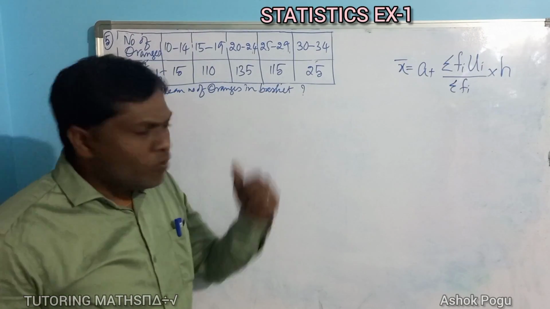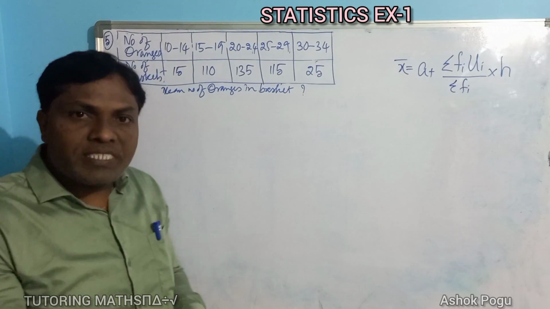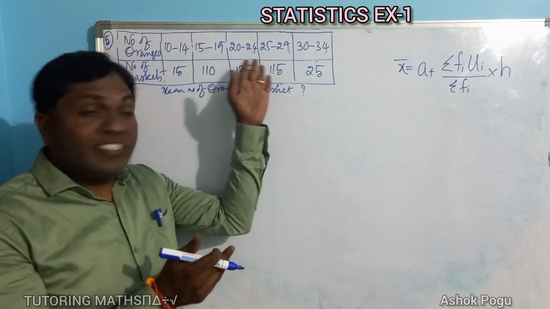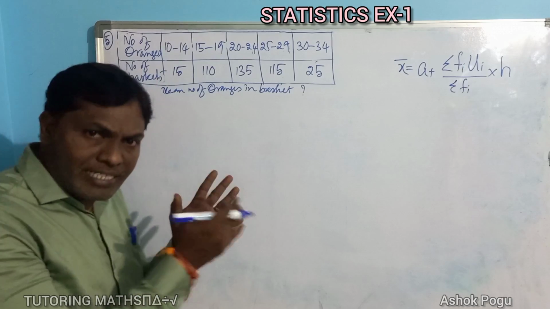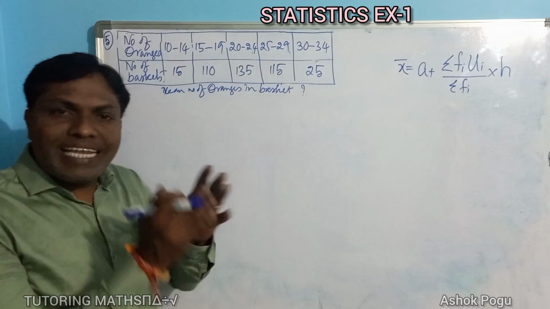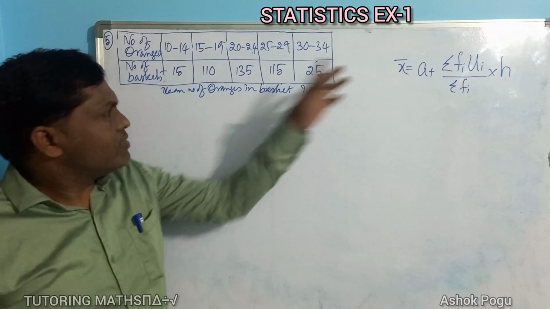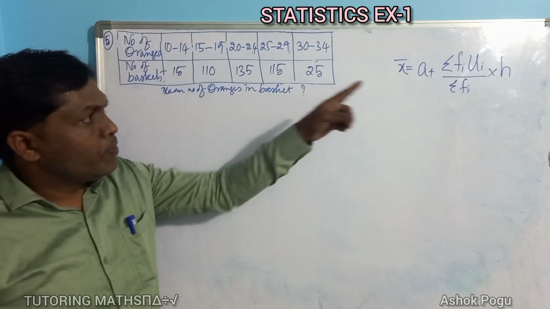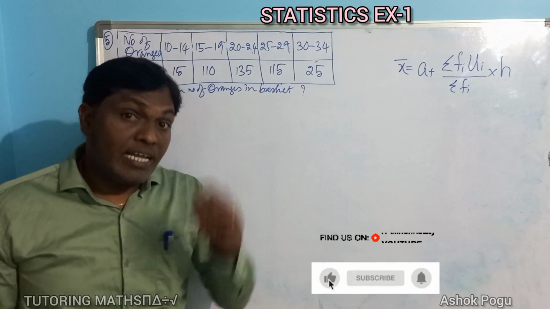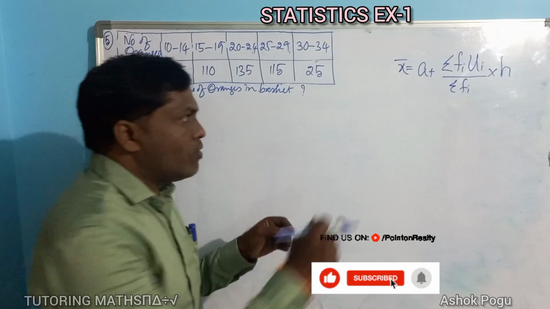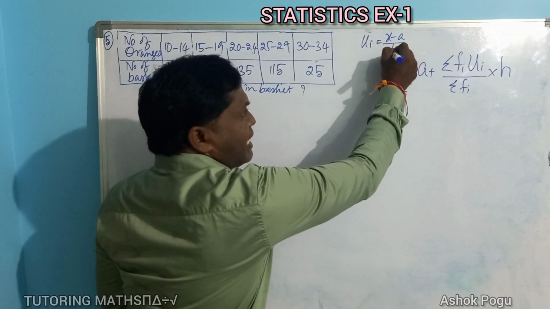Now, what is required in the formula and how many columns do we have to prepare in the table? Because this is the raw data, now we are going to classify this data. We are going to prepare the table. We arrange this data in tabular form. But first of all, observe that first fi, quantity frequency, is there. And u, what is the formula of u? Already I told you, we discussed it in the last video. ui means x minus a by h.